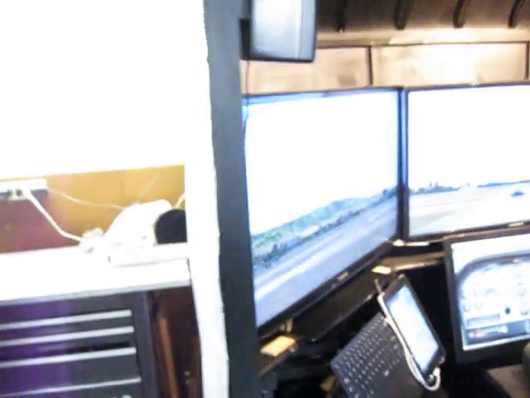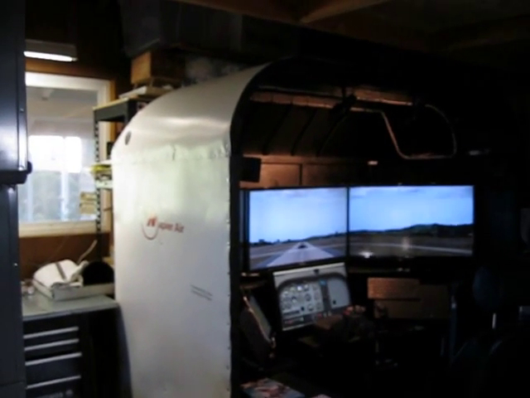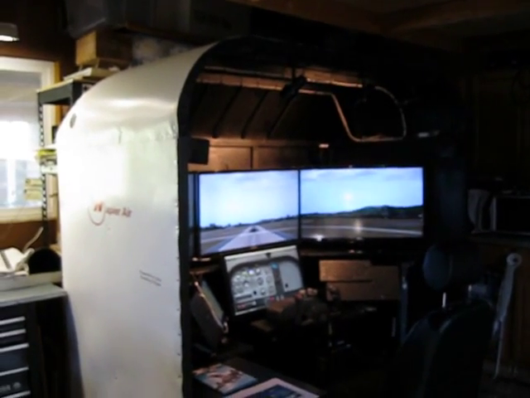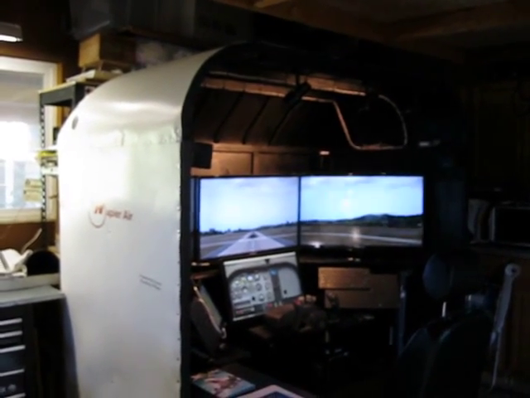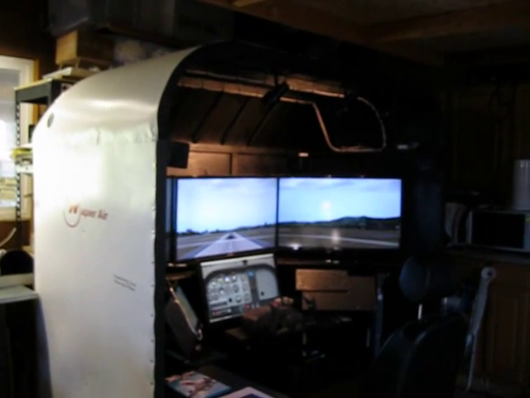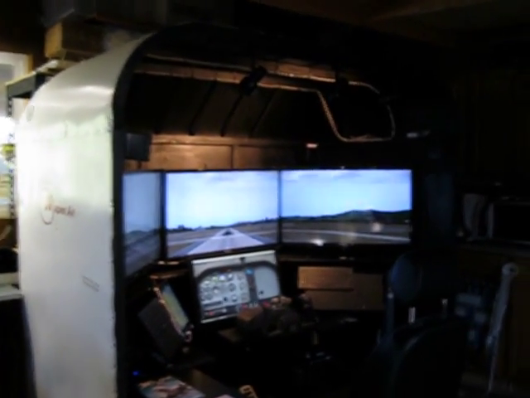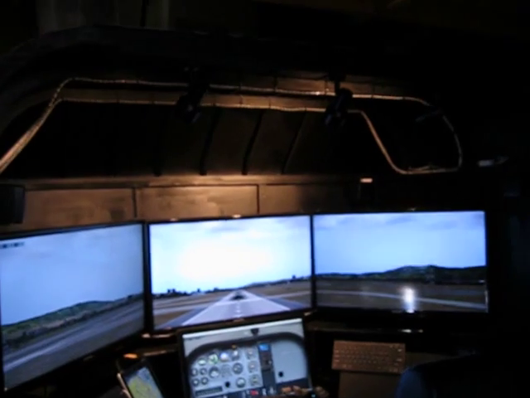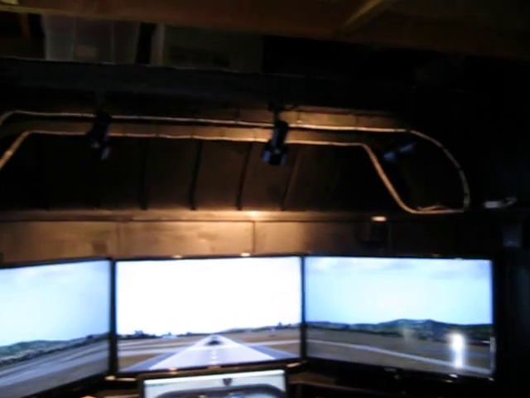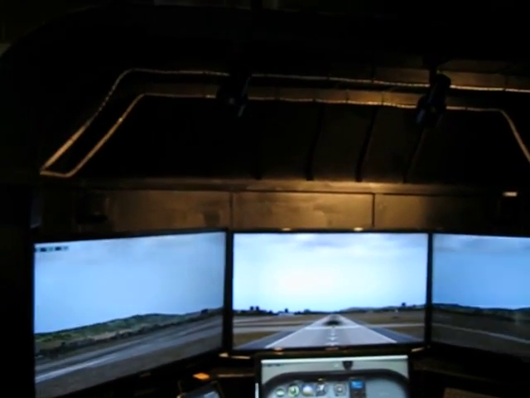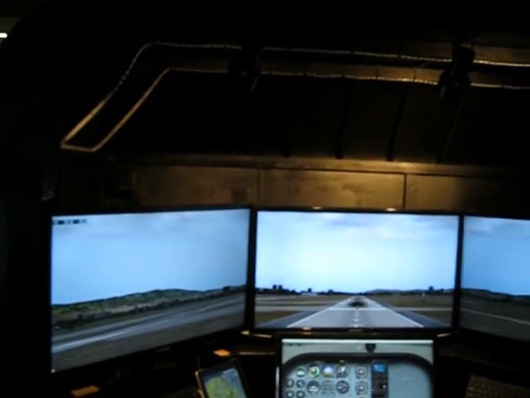Now, the overall flight simulator consists of two major parts. One is the cockpit, which was developed to house the flight simulator hardware and to create an overall environment that would be very immersive for the flying. As you'll notice in the internal of the simulator, everything is painted black. This is to try to remove any distractions, such that what your eye will catch is whatever is on any of the